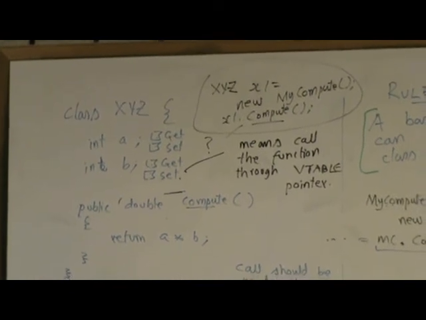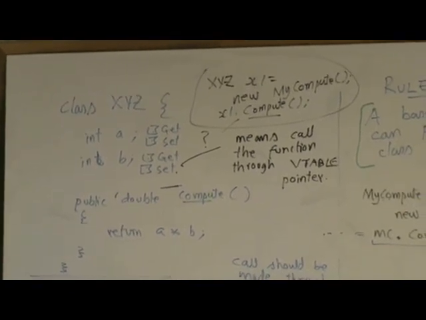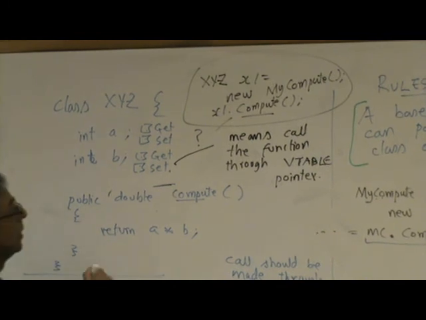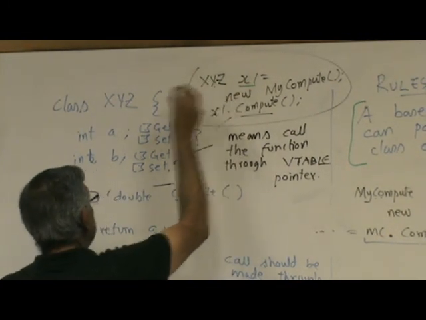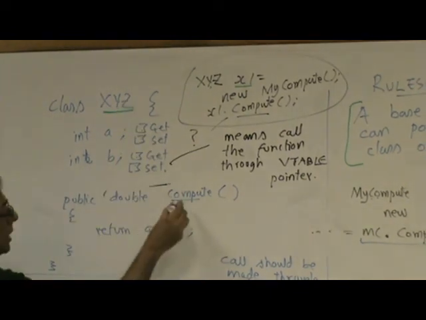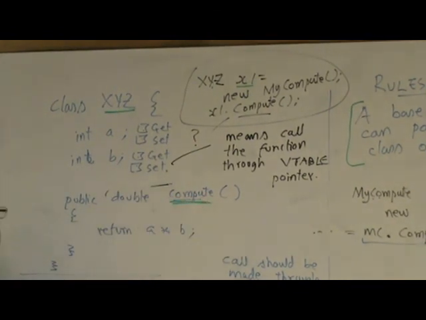Because remember, once again, if you are the compiler, this is how you decide. Okay, you check what is x1. It is XYZ. So you will actually go to the XYZ class and you will examine how is compute declared. If it does not use one of those three keywords, abstract, virtual, or override, that means there is no need for a vtable. Okay, so if this compute